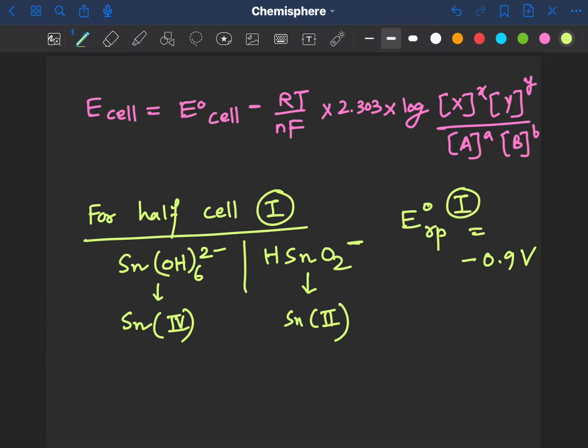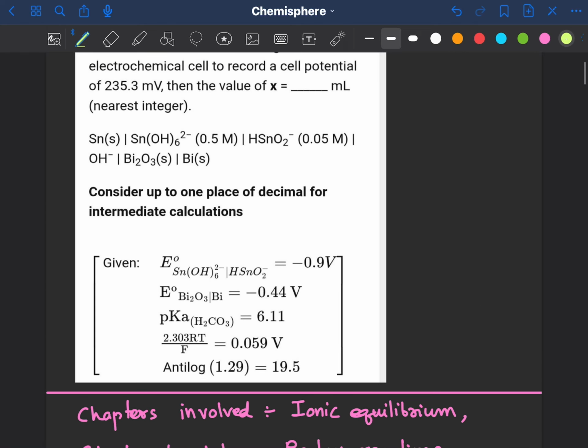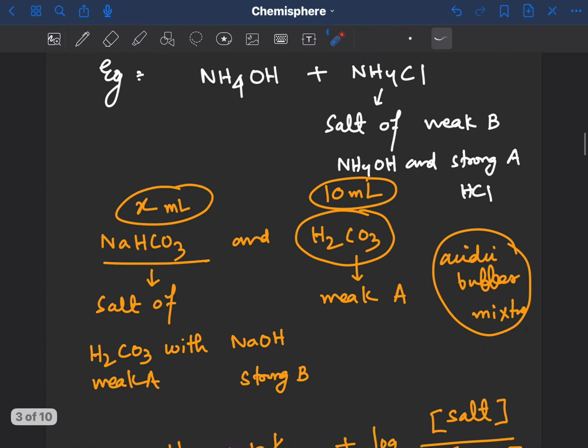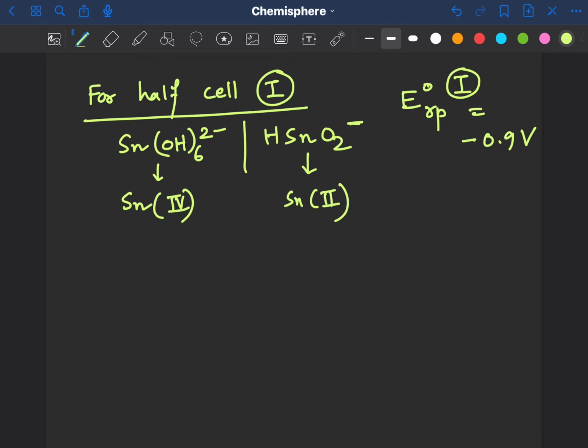And let us go back and see the cell representation. In this, we have been given a representation of a cell, and also we have been given a few concentrations. Sn(OH)6 2 minus is 0.5 molar, HSnO2 minus is 0.05 molar, and also Bi2O3 solid, Bi solid, important, okay? And this OH minus denotes that this is happening in a basic medium, okay? So coming back to our half cell 1,